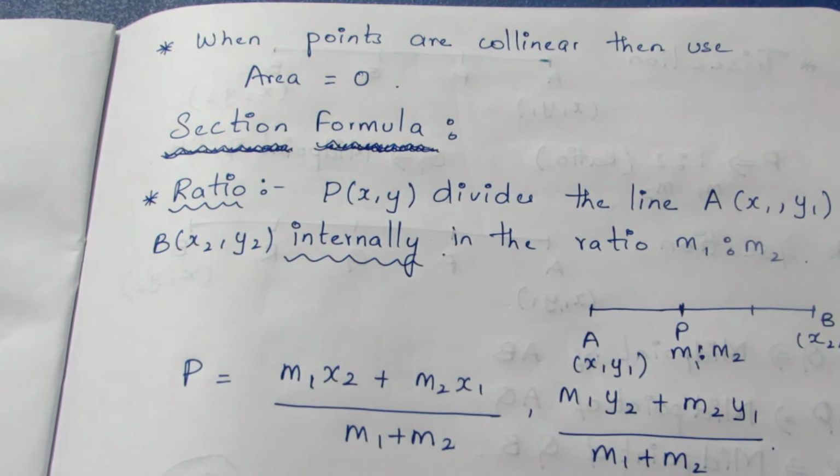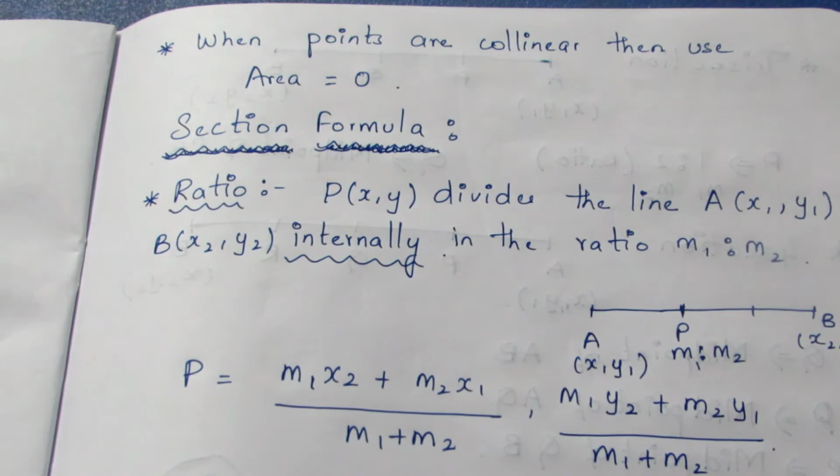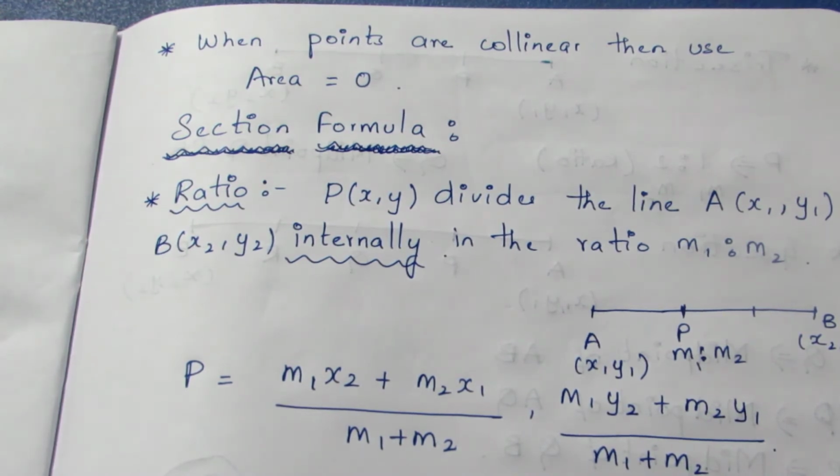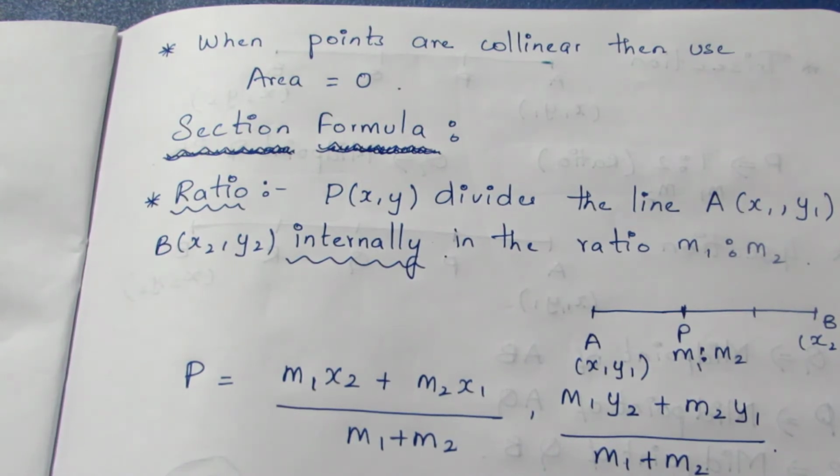For the distance formula, two small distances are equal to the big distance. For example, if one distance is 2, another one is 3, and another one is 5, then the big distance will be 5. If you add the two small distances and that is equal to the big distance, then it is collinear. Otherwise, if we are using the area formula, we just need to prove area equal to 0, or if they say it is collinear, start with area equal to 0.